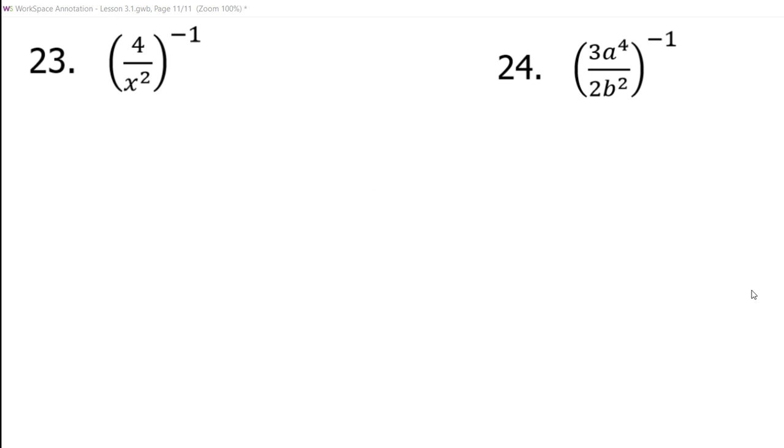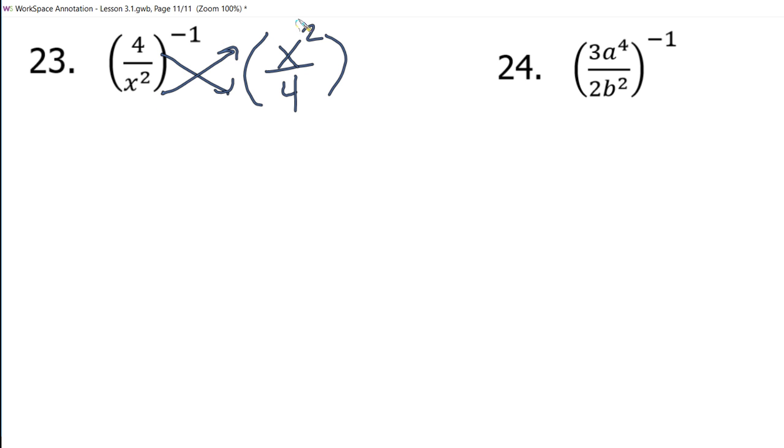Last two problems. We have a fraction to a negative exponent. Now, there's just a trick. Here's the trick. What do you do if you have a negative exponent? You don't subtract it, you move it to the other side. So that's what we're going to do here. So the 4 in the top, send it to the bottom. The x squared in the bottom, send it to the top. So once you move it to the other side, it's no longer a negative, it becomes a